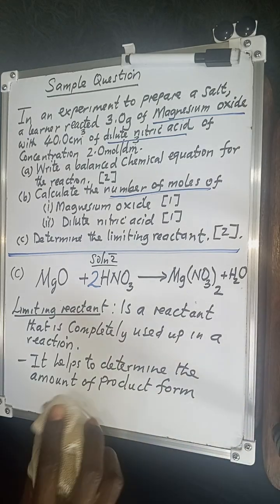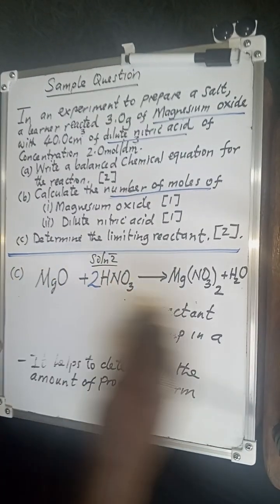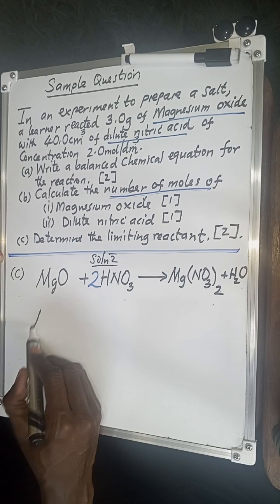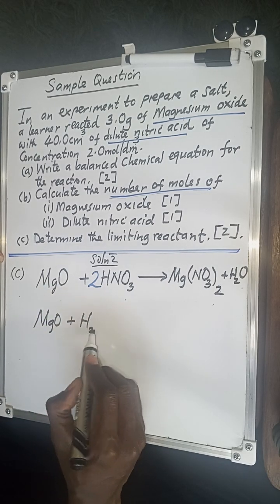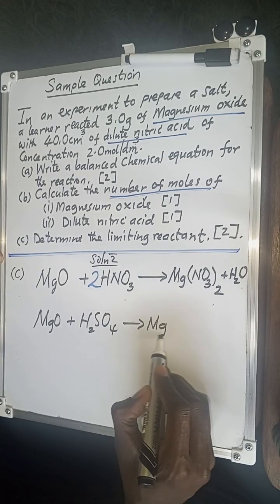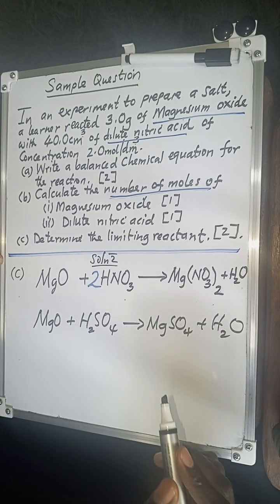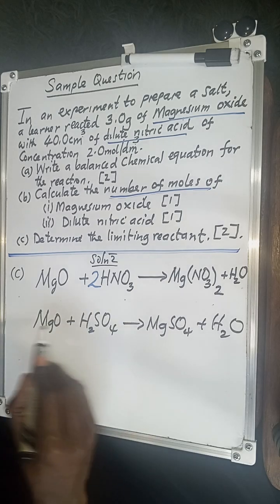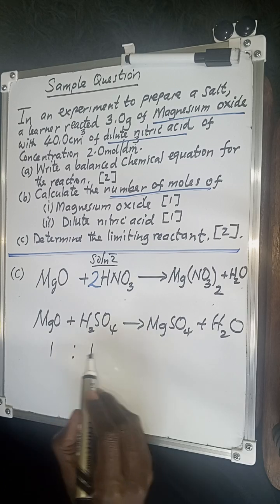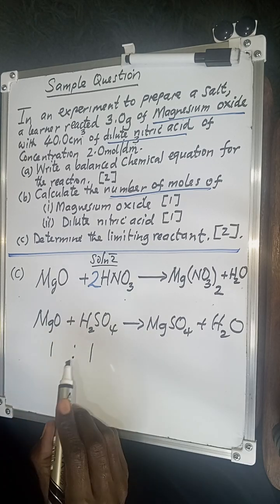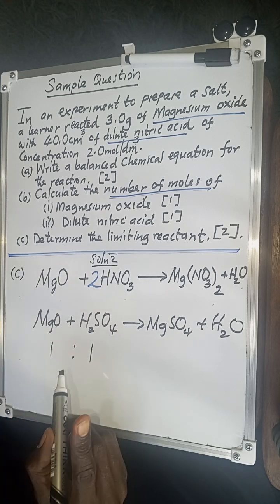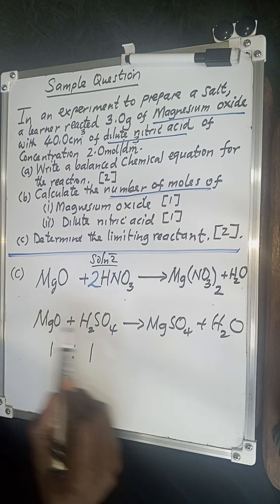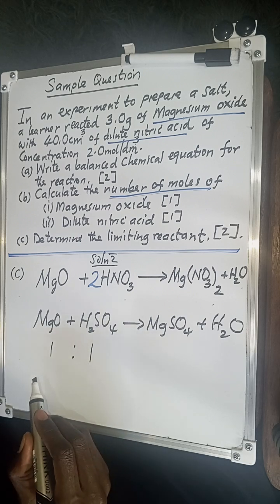But just a few concepts again that you need to remember. When determining the limiting reactant, there are so many ways that you can look at it. One, sometimes you have a reaction, for example, magnesium oxide reacting with sulfuric acid to produce magnesium sulfate and H2O. This one is a balanced equation. Now, if you compare the mole ratio of the reactants, it's 1:1. So when the mole ratio of the reactants is 1:1, please take note of this. It simply means that you can just determine the number of moles of the two, and the one with the lowest number of moles